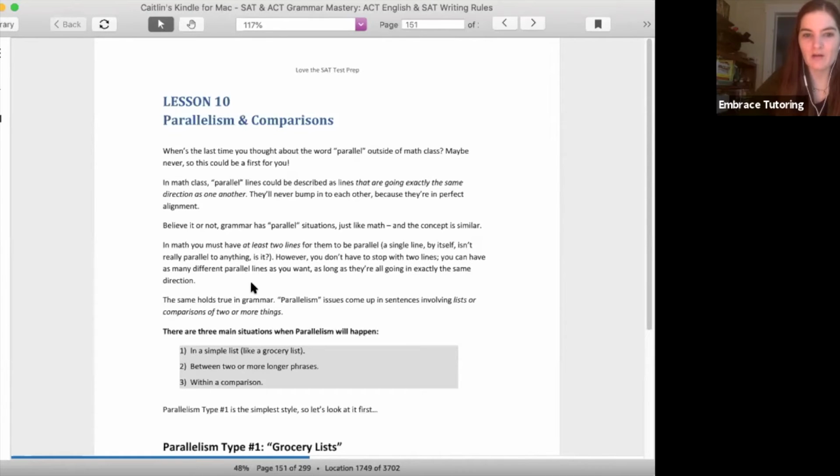We're talking about situations where you might have lists, or you might be making comparisons of two or more things. They're going in the same direction. They're mirroring each other in a way, just like that example that we had with,